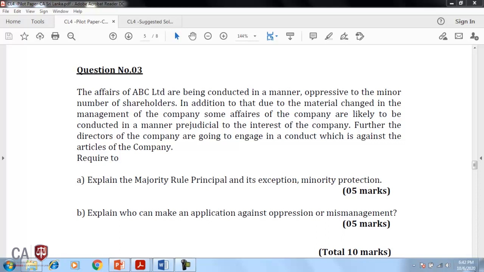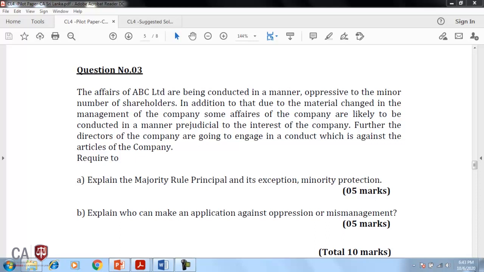Now, in a company, generally the directors either work more towards the favor of the majority, or in the case where company directors are appointees mainly of the majority, or that the directors are in fact majority shareholders. So therefore, in this question we will have to touch upon the minority's rights,